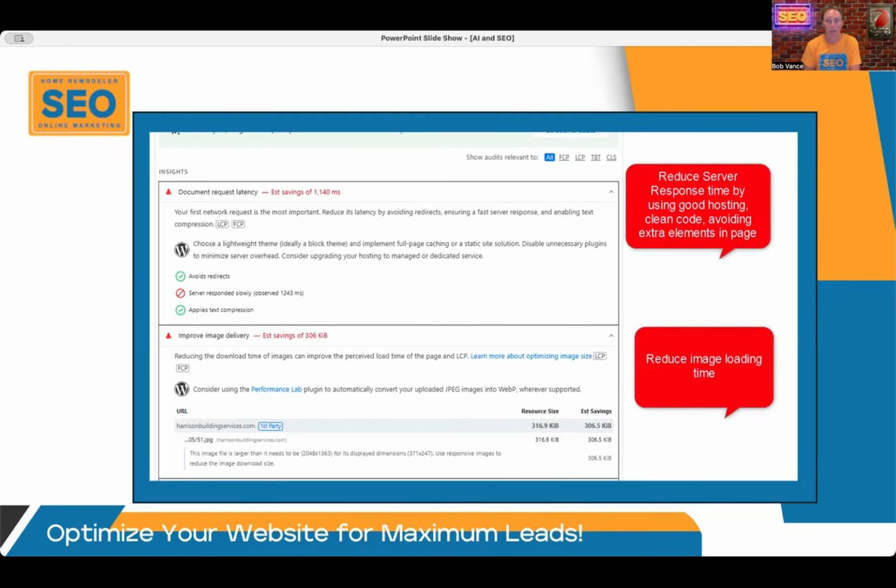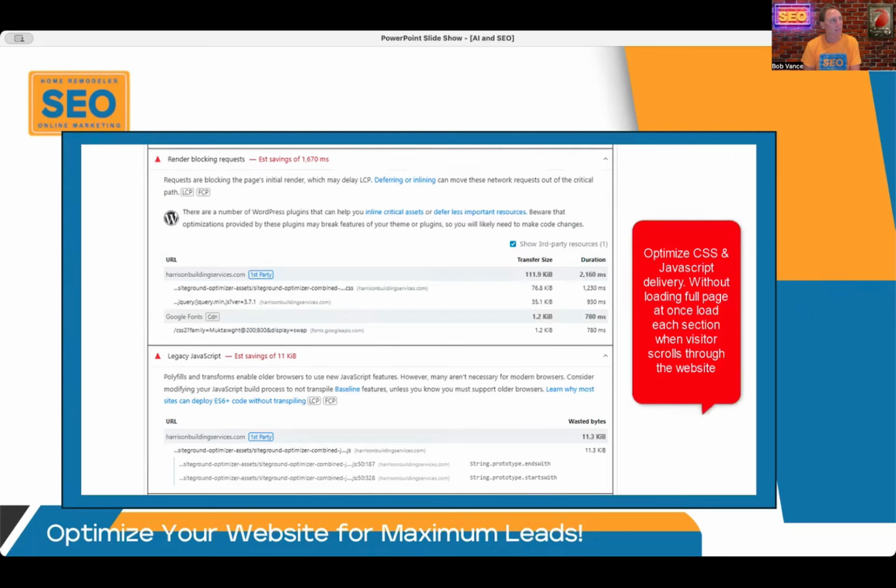And then here's another, talking about render blocking request, JavaScript. Again, we're talking about code that just doesn't have good delivery. It's going to affect your loading speed. A lot of this can be done through WordPress plugins. If you're on WordPress, and I highly recommend it, it's the easiest, best content management platform out there, especially for people that aren't experienced with it.